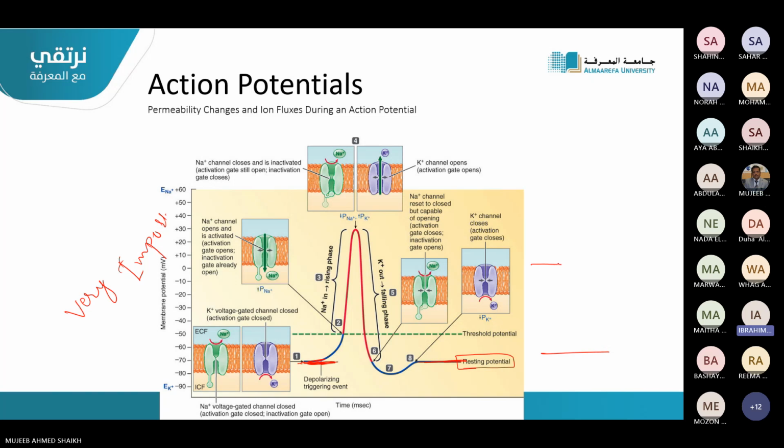When it goes above and reaches this dotted line, what does this dotted line mean? Threshold. The minimum requirement for the action potential to be produced. So when this goes up till here, it is the threshold. After the threshold,